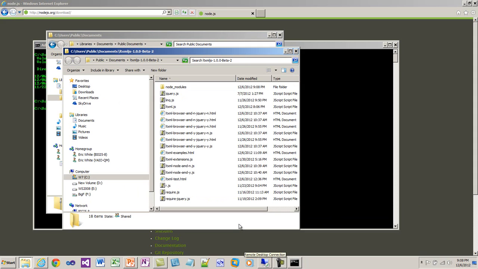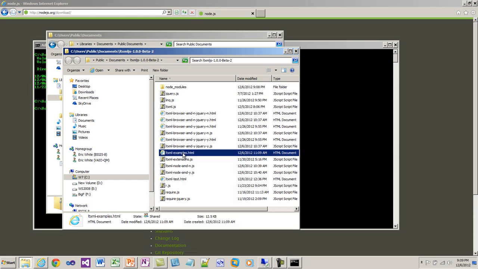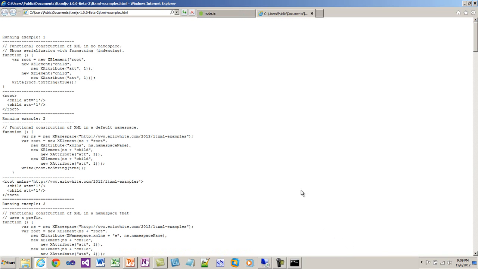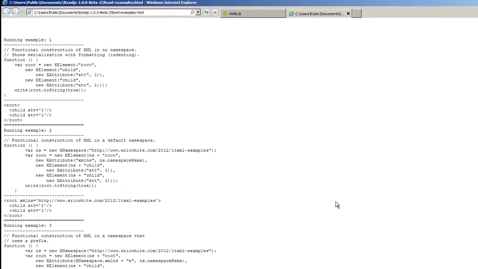The first example that I'm going to show you is Ltxml.examples.html. I'll open it with Internet Explorer. I have to allow blocked content because I was running it right from my local hard drive. This is an example program with 20 examples that show a lot of the common idioms and common usages of